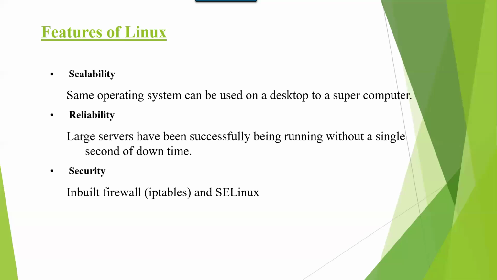In Windows, we have 95, 98, ME, NT, XP, Vista, Windows 7, Windows 8, Windows 10, Windows 11. These are client operating systems. Server operating systems are separate again, like NT 2000, 2003, 2008, 2012, 2016, 17 like that. So server operating systems are different, client operating systems are different.